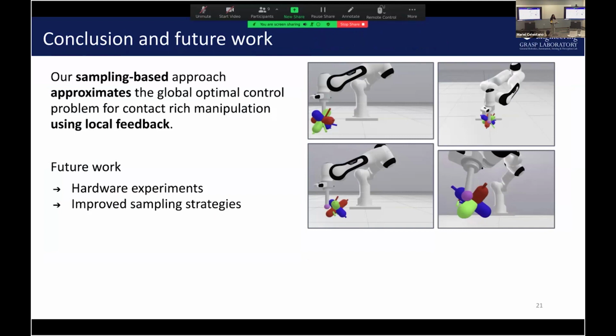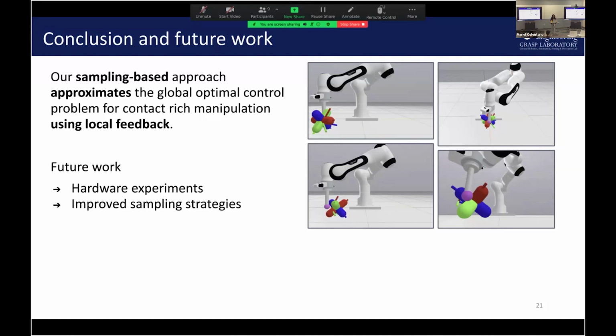So in conclusion, we see that our sampling-based approach actually approximates this global optimal control problem for contact-rich manipulation using local feedback. And so essentially, it's able to make decisions on two different levels. One is it's able to make this sort of discrete decision on which side to approach the object from. And then it makes these local decisions using this locally optimal controller and makes and breaks contact from these good